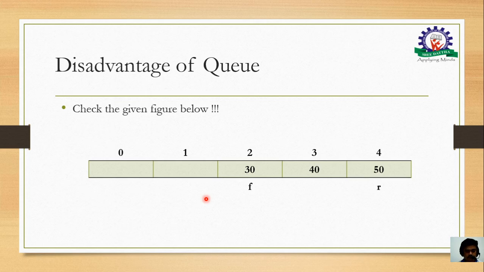In our function insert at the rear, if I try inserting more items, R is compared with q size minus 1 and it will show overflow. Insertion is not possible. Rear insertion is denied as the R pointer is at q size minus 1. Thus even if free memory is available at the front, that is locations 0 and 1, we can't insert, because from the front we can only delete in the normal queue.